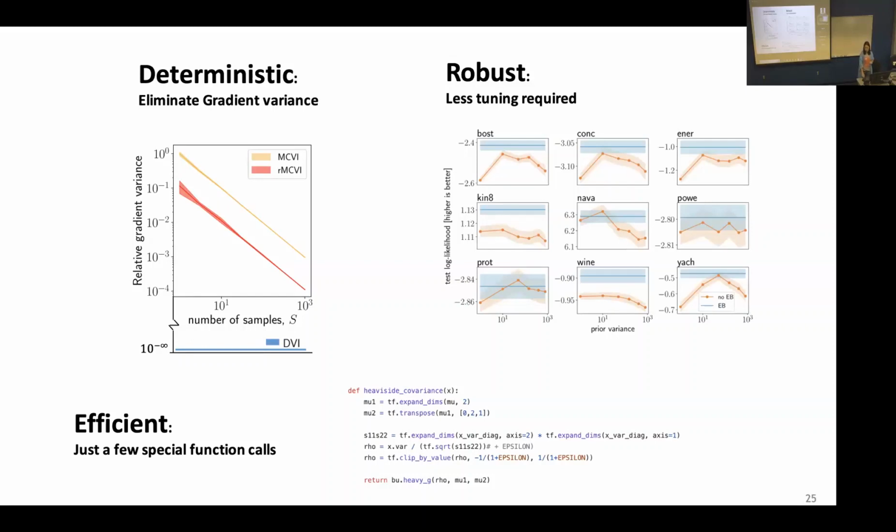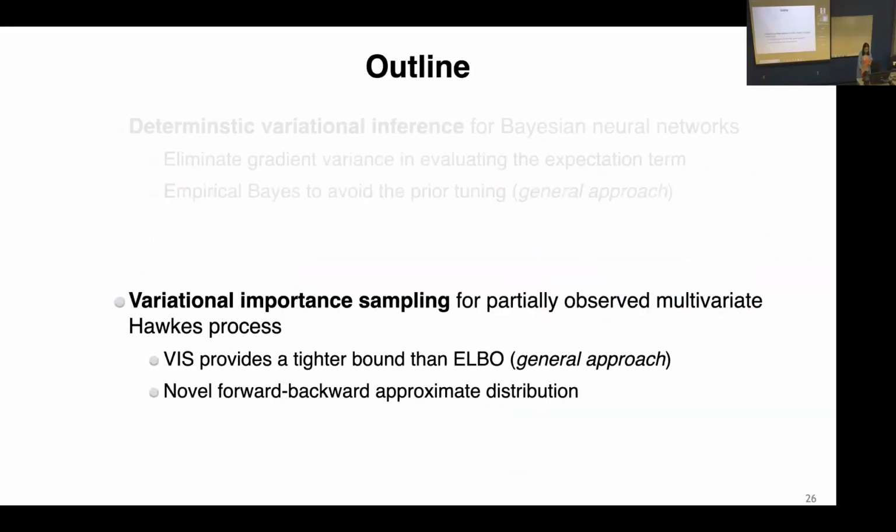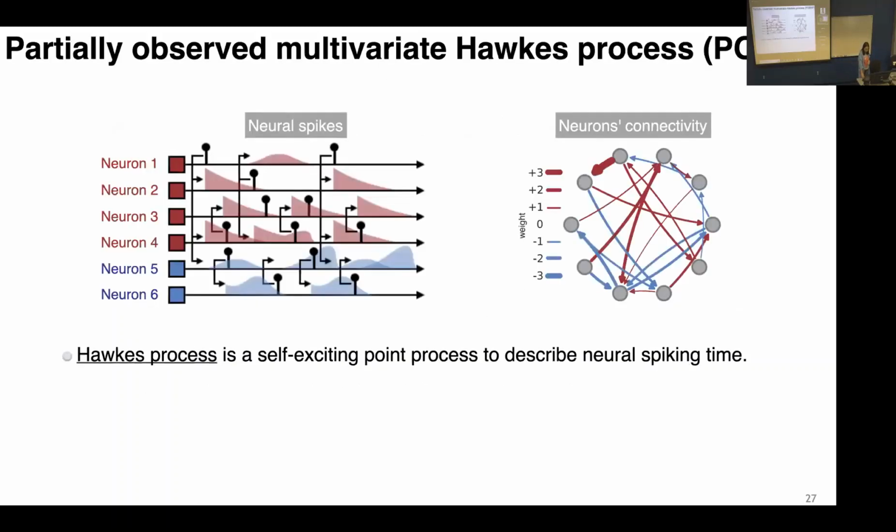Okay. So next, I'm going to also talk about variational inference for a different probabilistic model, which is the partially observed Hawkes process. I'm not sure we're going to have time to go through everything, but I'll try to cover as much as possible. So firstly, what is